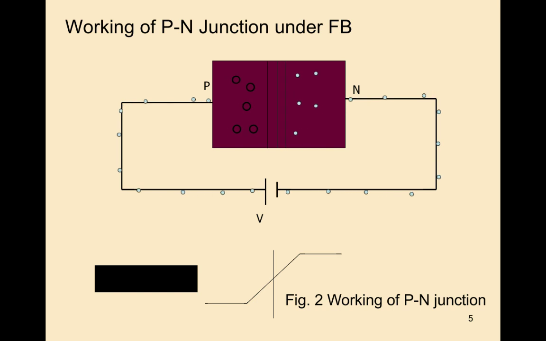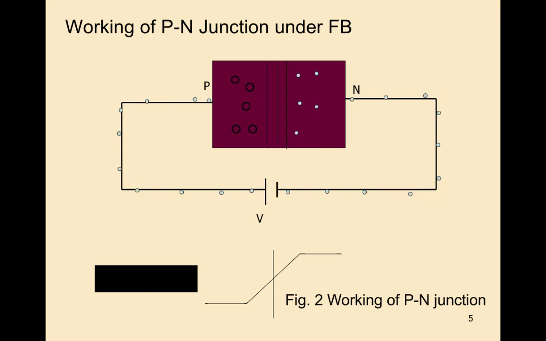So reducing means what? There is a flow of charge carriers from P to N side. That means there is conduction in the PN diode. So when we decrease the depletion region width and potential barrier width, the electrons from the N side move to the P side, and the holes from the P side move towards the N side.